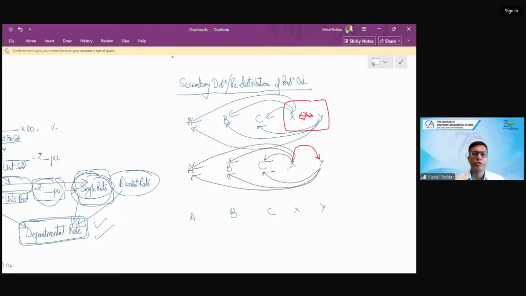Now, what is X doing? What is the service X is providing to the departments? It is storing the materials, the equipments, the tools of all the departments. This is the service which X is giving to the departments. Now, as it is storing the materials, tools of the production departments, it is also storing the repairing required material, the maintenance required material of department Y.